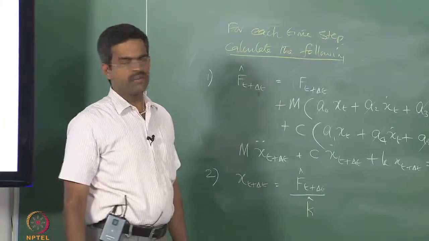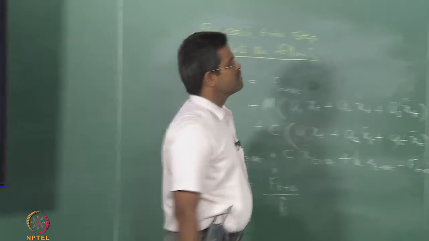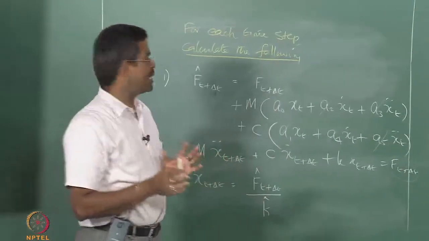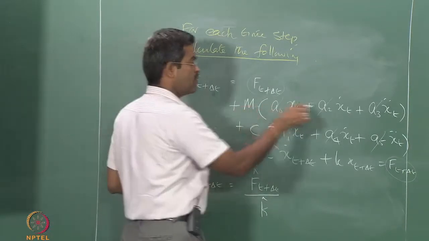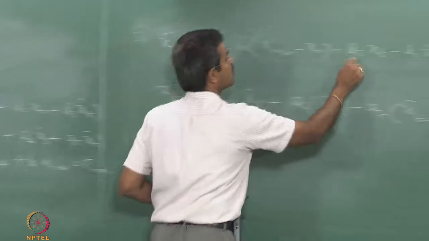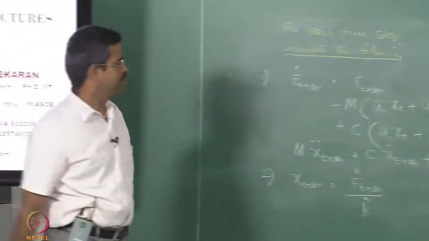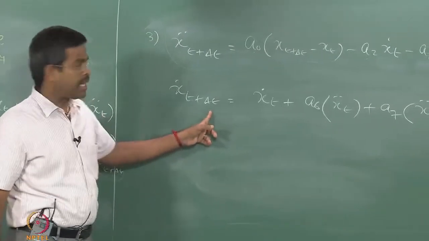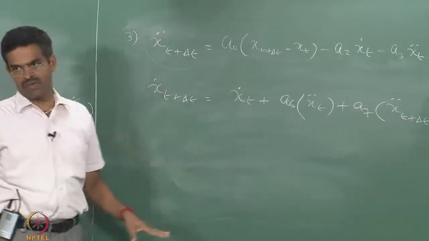There is a quick resemblance here, you can easily understand. If you look at the acceleration term which you want to find at t plus delta t, the coefficients recommended by the manager are the same. For acceleration, which is mass associated, A0, A2, A3, A0, A2, A3. There is a catch here, so you do not make a mistake there. And to compute the velocity at the new time step, you require acceleration at the new time step. So, you first compute acceleration, then get the velocity.